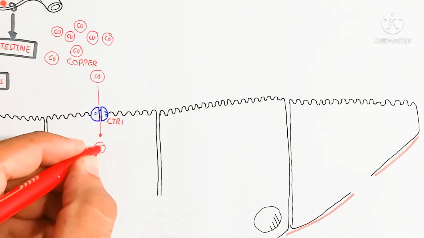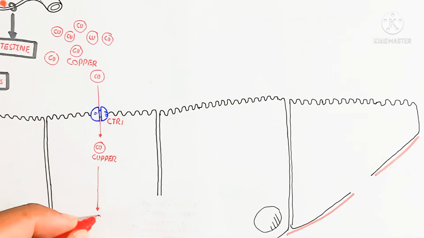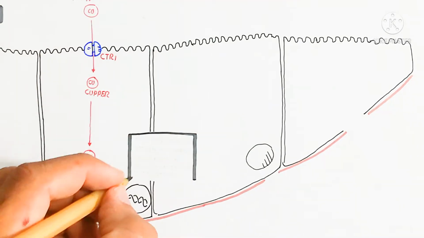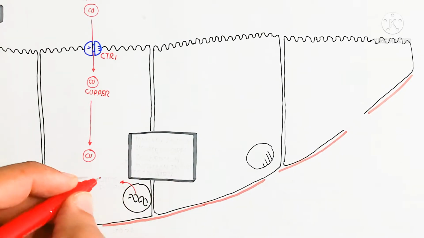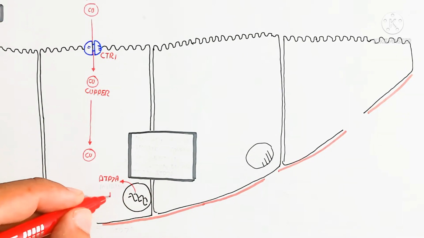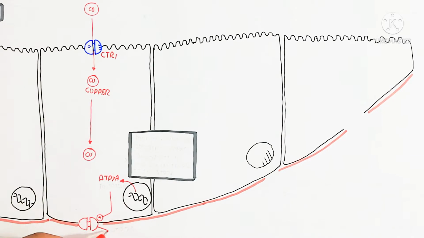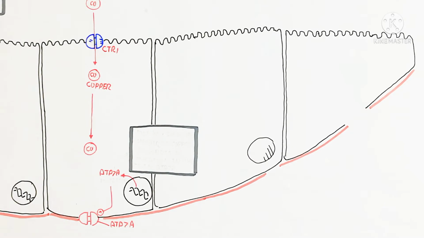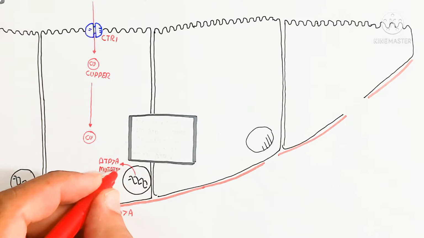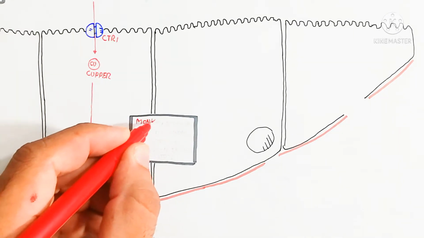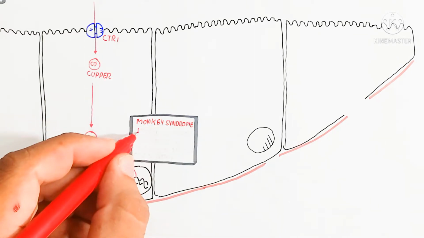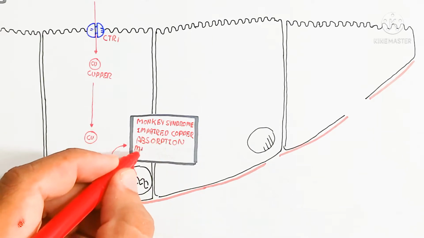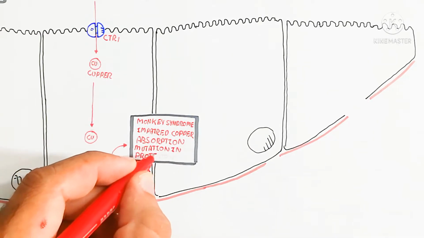So there is CTR, the copper transporting channel, which allows copper to move inside. This copper moves directly, not by import or any other transport. When the copper moves into the enterocytes, there is an important gene that produces the ATP7A protein, ATPase 7A. This protein stimulates, as a channel-creating gene, the creation of the ATP7A channel, which allows mobilization of copper into the blood circulatory system.